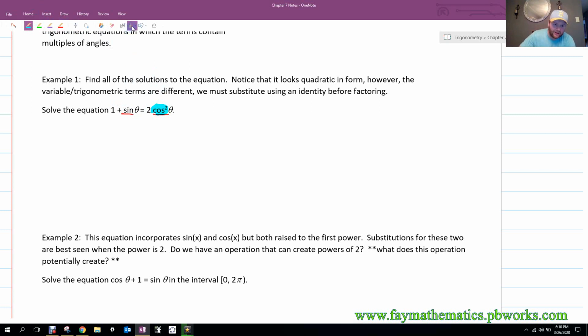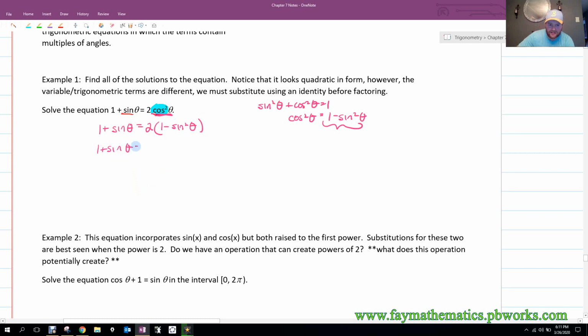So the cosine squared obviously is a higher degree, because that allows us to create the substitution that is recognized here. If I go ahead and move over the sine squared, so you see now maybe the purpose of working with these identities initially in 7.1 and 7.2, because now I know what cosine squared is. Alternatively, it's this. So now my equation over here, 1 plus sine of theta equals 2 times the quantity 1 minus sine squared theta. Okay,